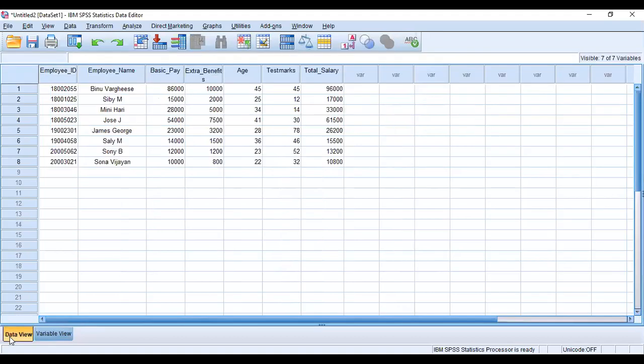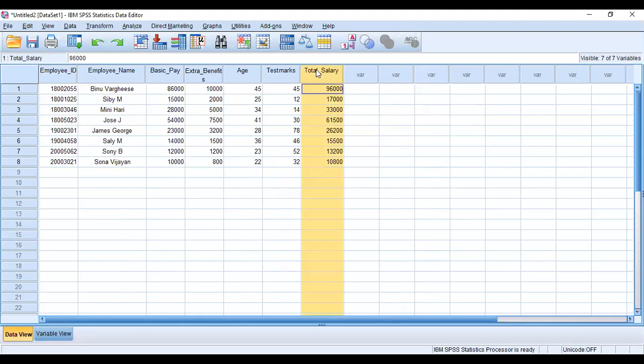Clear? To remove decimal places, go to the variable view and change the decimals from 2 to 0. That's it. So we computed a new variable called total salary.